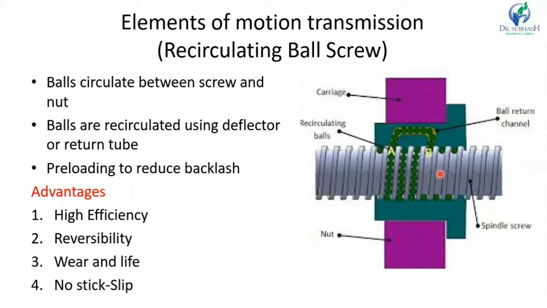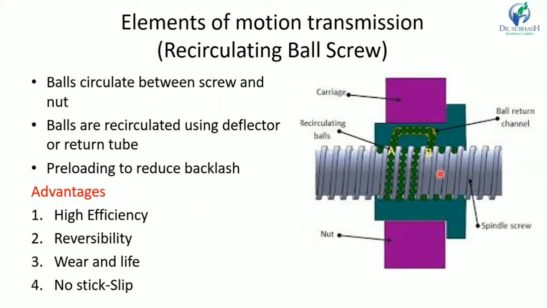Then axis drive. In axis drive, all the axes in the CNC machines are controlled by the servo motors, and the movement along the different axes is required either to move the cutting tool or the work material to the desired position. In order to accomplish accurate control of position and velocity, stepper motors are generally used for the